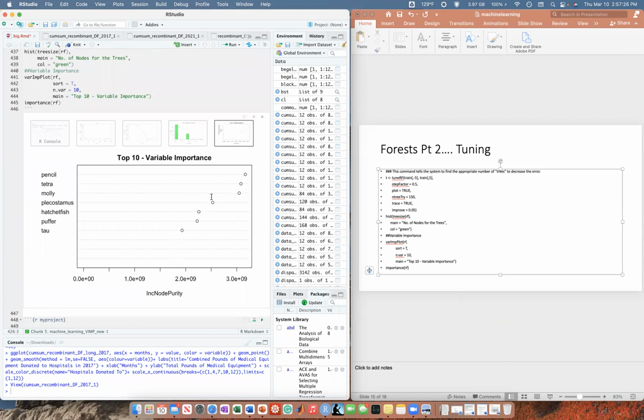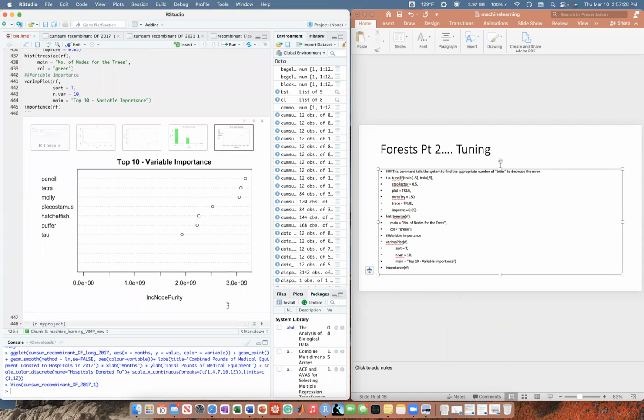And if you compare this VIMP to the other VIMP, you'll find the x-axis makes absolutely no sense. Once again, think about this as fold importance, like 2-fold, 3-fold. But the pencil still ranks high. So these models, even though they're generated from different means, different code, different theories, this one using forests, the other using bagging plus forests, you can see they say the same thing at the end of the day. Maybe a little bit different.